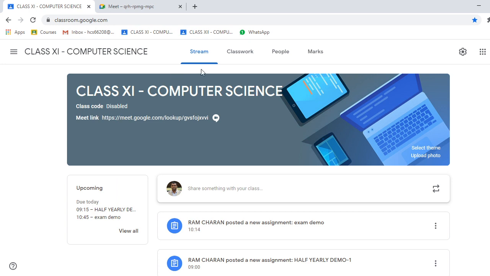And while students are writing their answers, you continuously monitor them. If anybody has any problem or any query, they will communicate to you, like in class they are communicating, right? Okay, and you have to simply ask students to log in from their email ID given by their school.